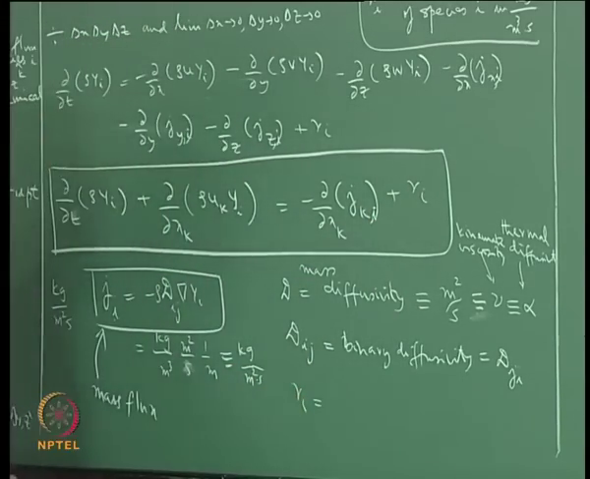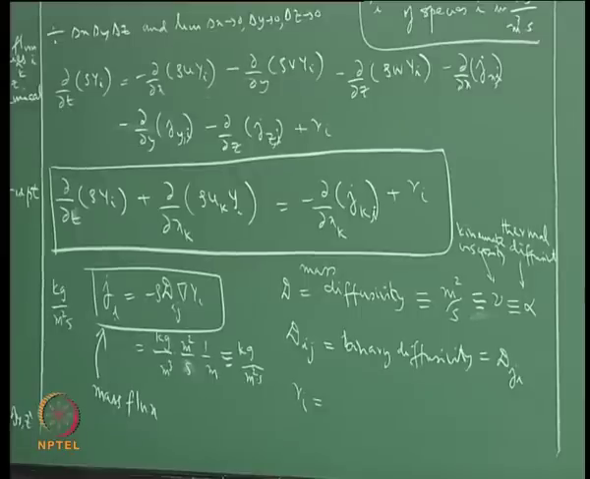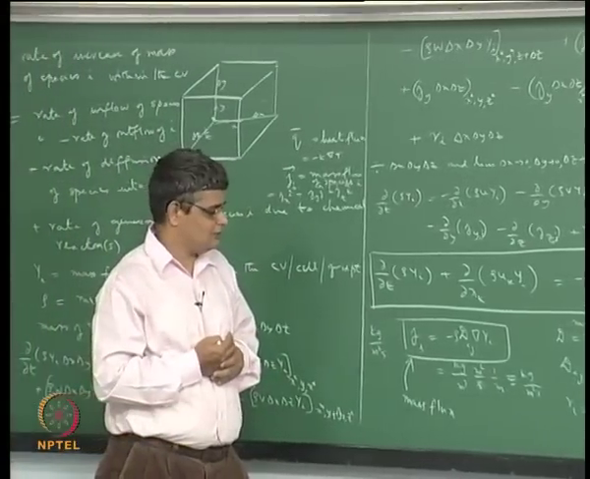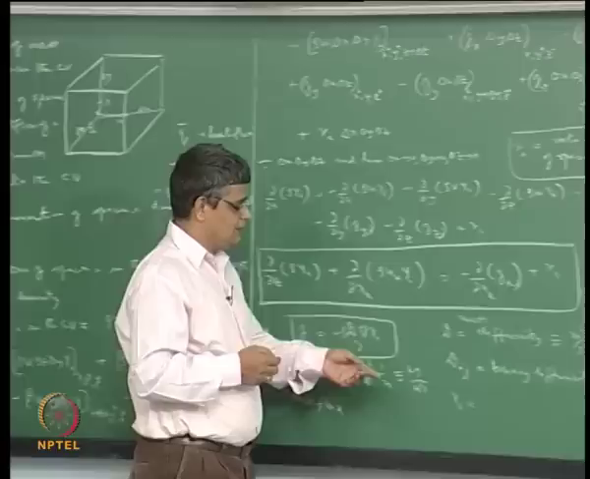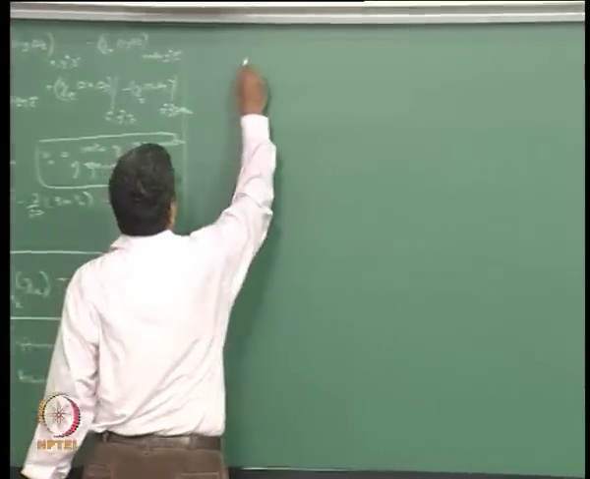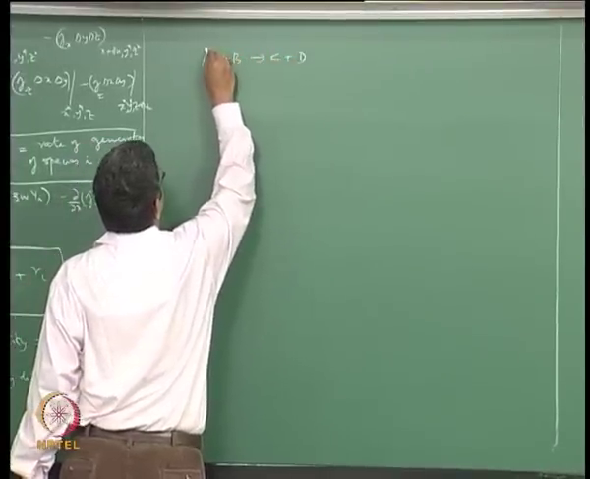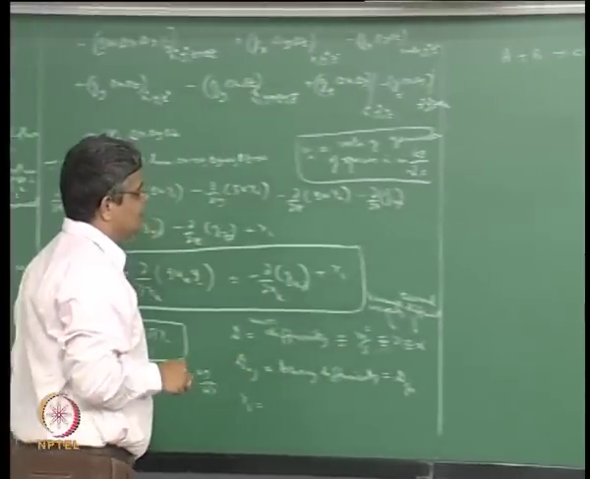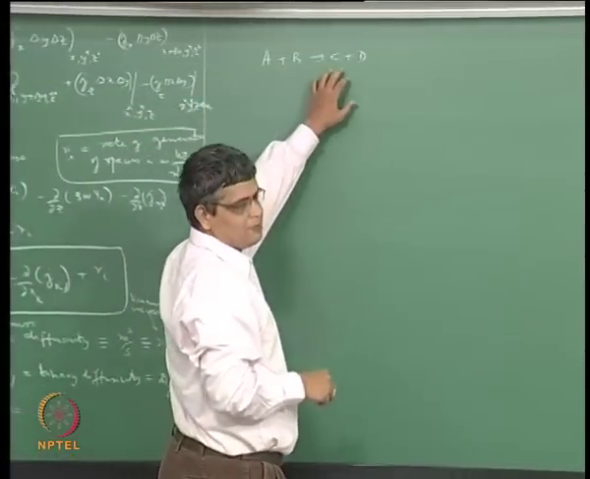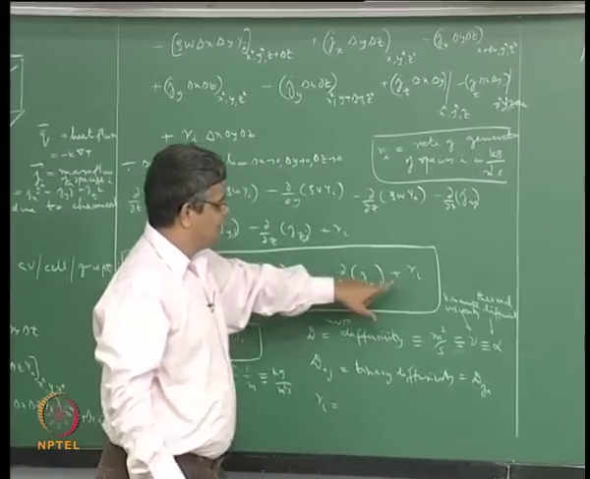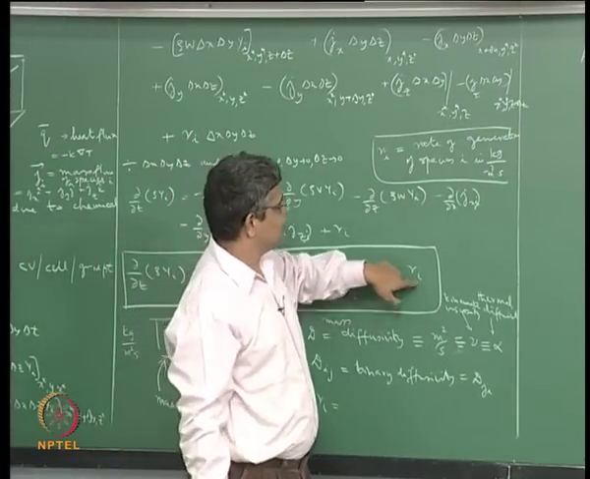Ri is the rate of generation of species, and the generation of species can be from a single reaction. If you have multiple reactions, then each of the reactions may contribute to the generation of species i. Typically, consider for example A plus B becoming C plus D as a standard chemical reaction. You have 4 species here, so you will have 4 species concentration equations, and there is a rate of generation term associated with each of them,